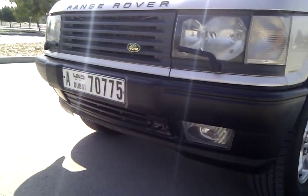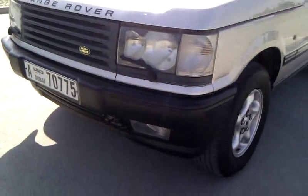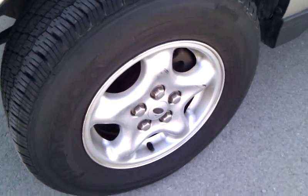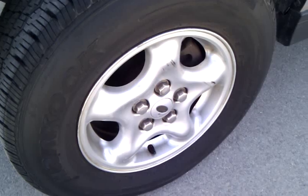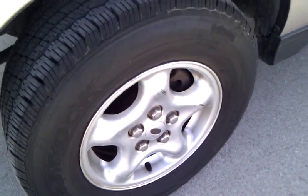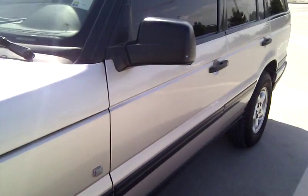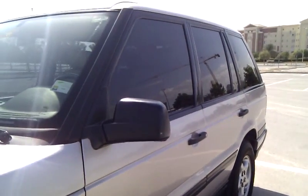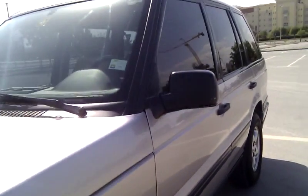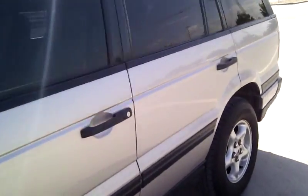Additionally, the front fog lights giving ample lighting on the road surfaces or off-road where this car is absolutely more than capable. You've got the factory fitted alloy wheels still in their original and good condition. As you can see, the car lines are all in absolutely excellent order. The vehicle,